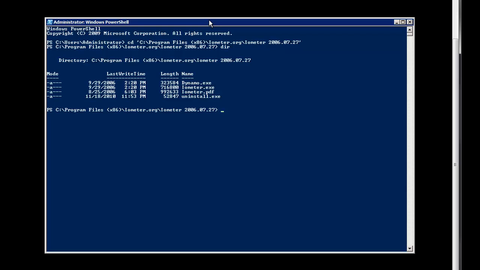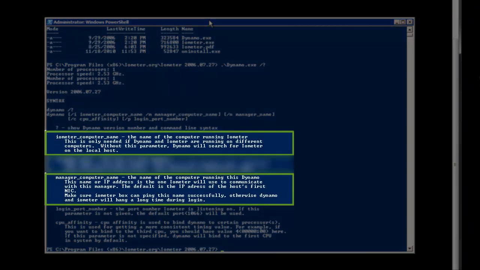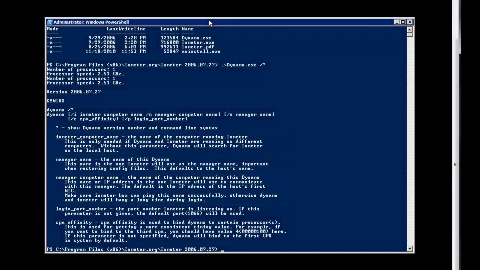So let's look at the help for that. We're going to be using the iometer computer name parameter and manager name. So we're going to be using the /i switch and the /m as in Mike switch.